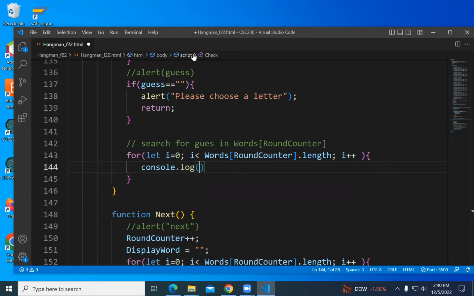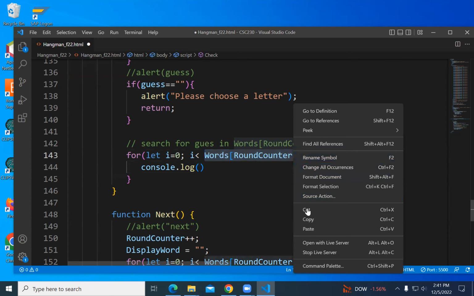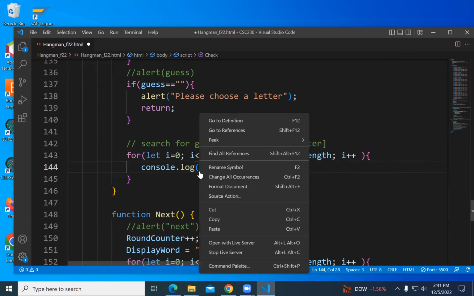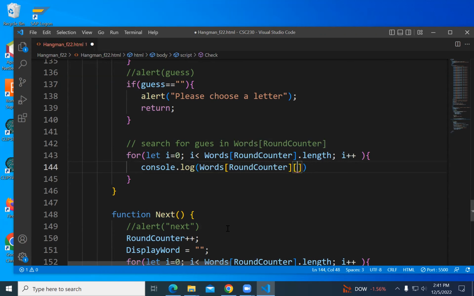I want to console log the ith letter of words round counter, in square brackets i. A string, a word, can be thought of as sort of an array of characters. So I just want to see the letters popping out of my word. And then I'm going to ask if the letter matches guess, then we need to do something.